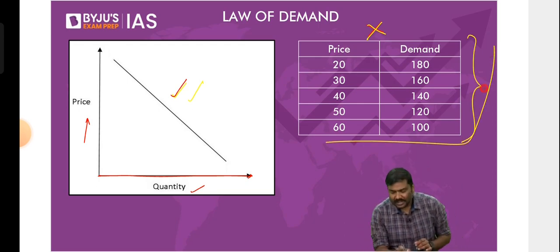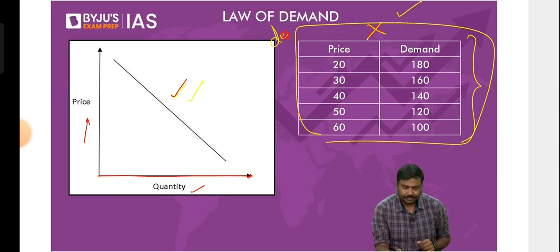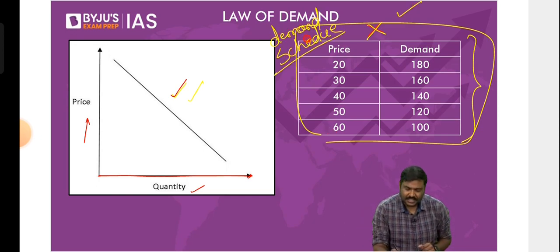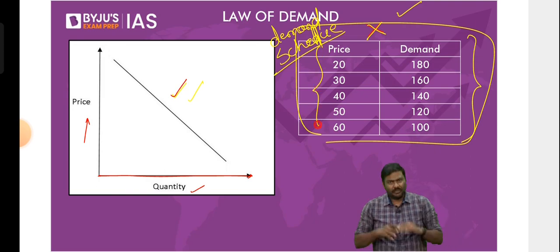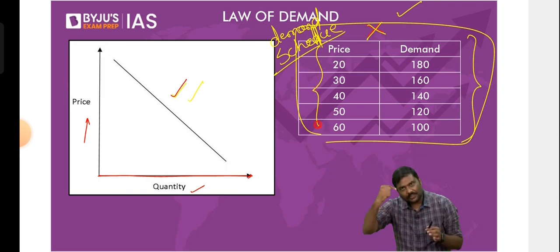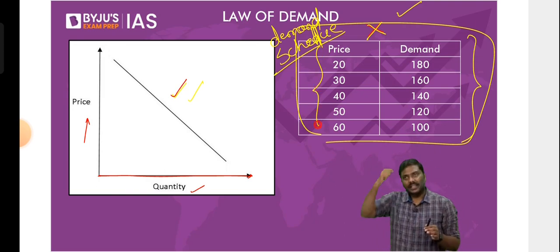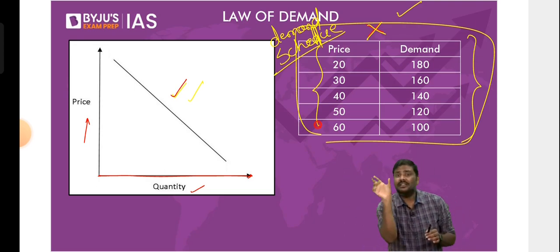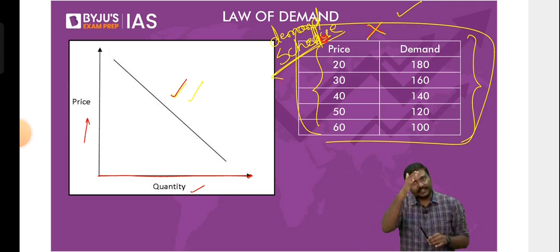Now, can you see the table on the right side? The table on the right side is called a demand schedule. Required for UPSC? Absolutely not. Just to explain how the line is drawn, I'll explain this. This is called a demand schedule, which is prepared by companies. What they do is, at different prices for the good, if the price of the good is this much, how much is the demand in the market? They prepare a table. This is called a demand schedule. And using a demand schedule, you can simply draw the demand curve. How? Let me show it to you.